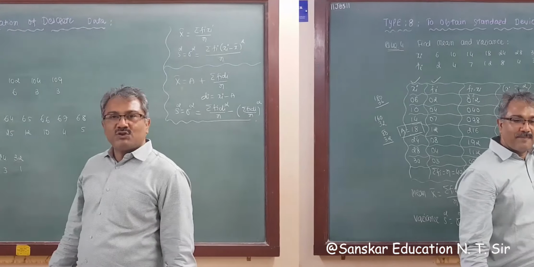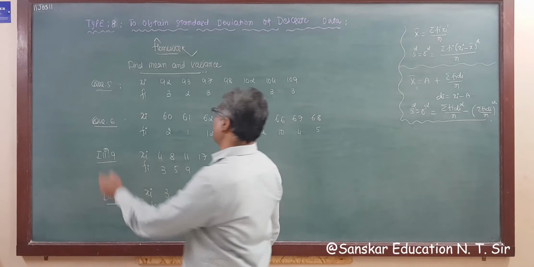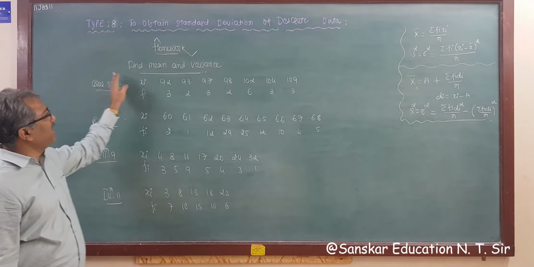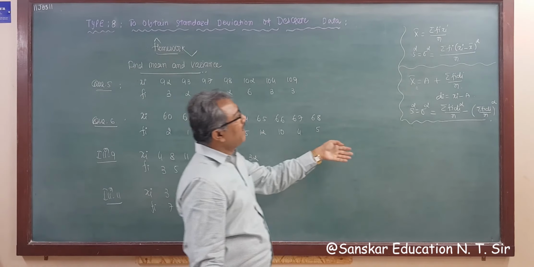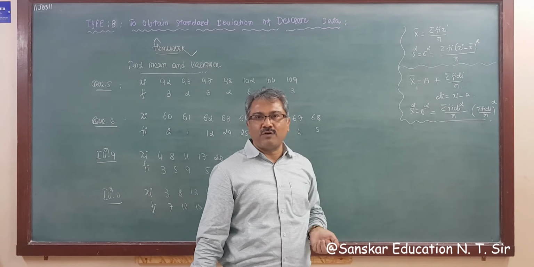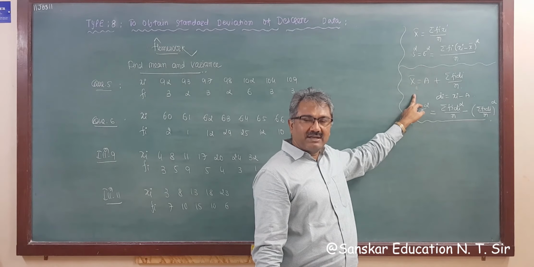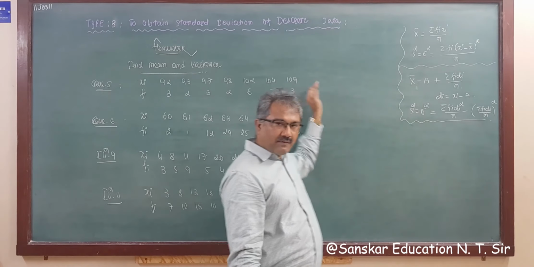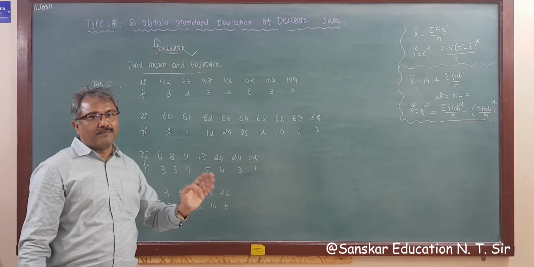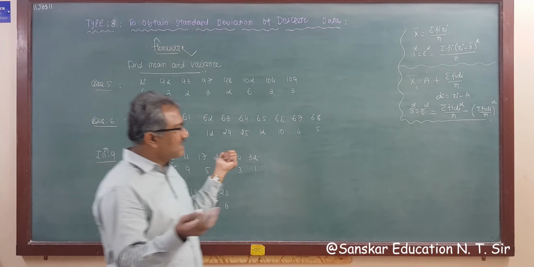Okay. So similar types of 4 examples are here. Question number 5 and question number 6. You have to find the mean and variance. You can apply any one formula. No need to solve using both formulas. You can apply this simple formula, the shortcut method, and solve all 4 examples. I am giving these only for your practice, because you need more practice. But otherwise nothing to do.